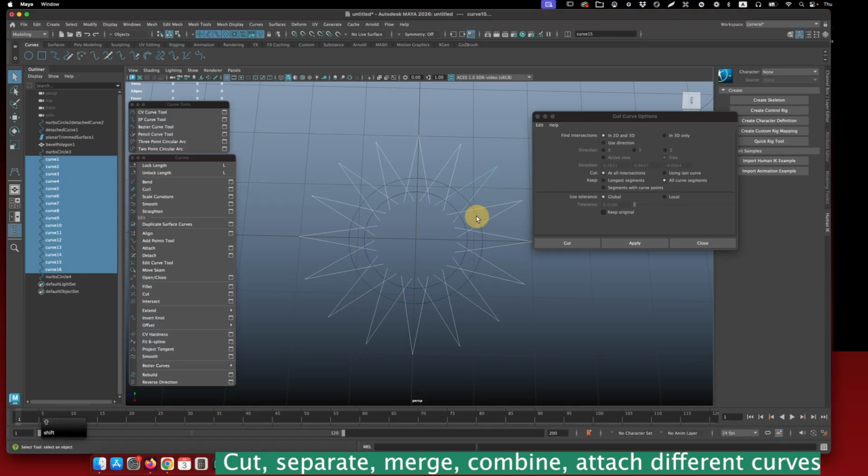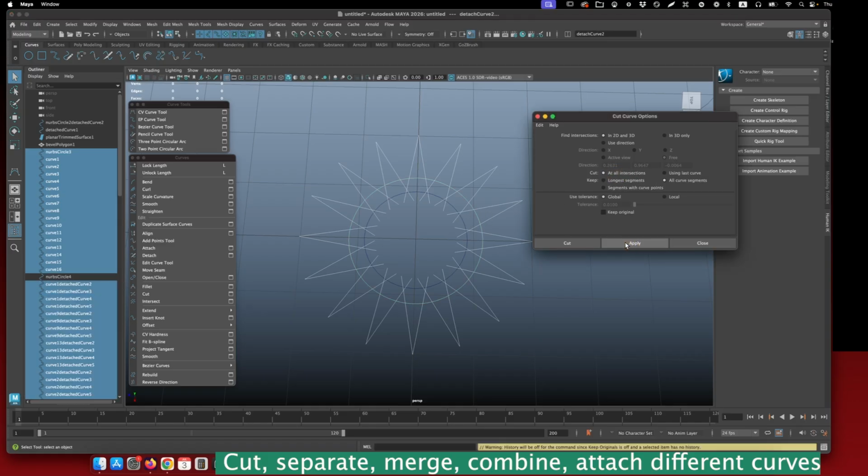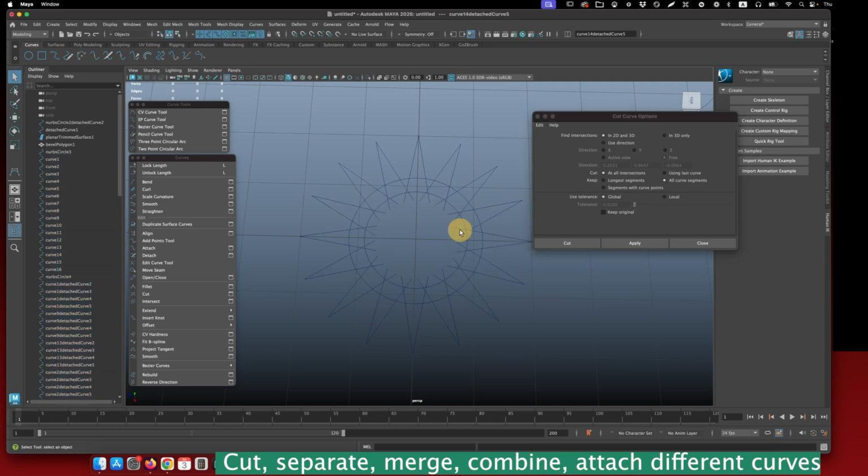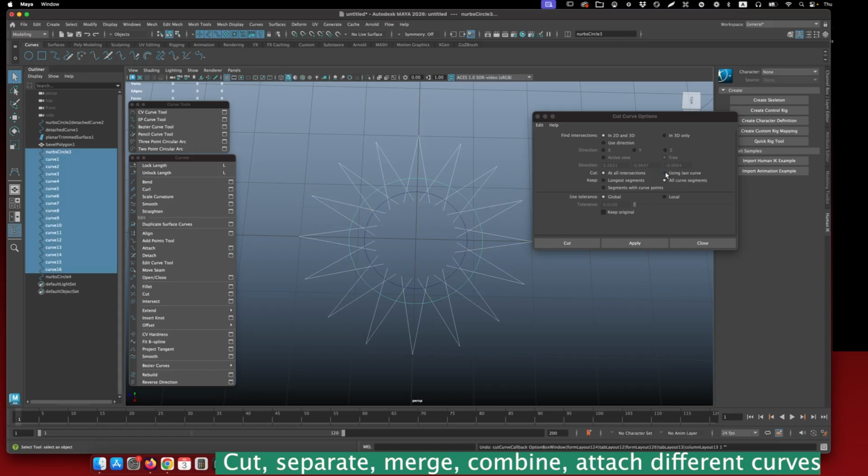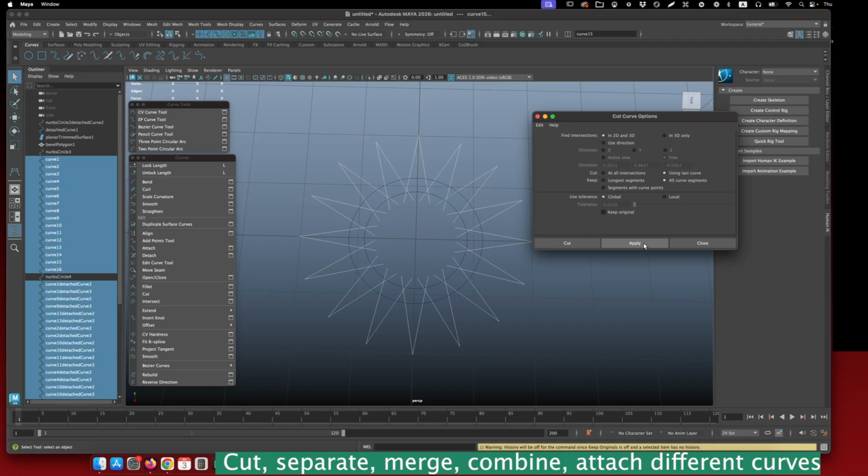For example, if my last selected curve is this one, then this curve will cut all the other curves that are selected. So let's check that. Let's first do it with all the intersections and click apply. Now you see we got cut across all the parts that intersect with each other. Let's undo that. And now if we select using the last curve and click apply,